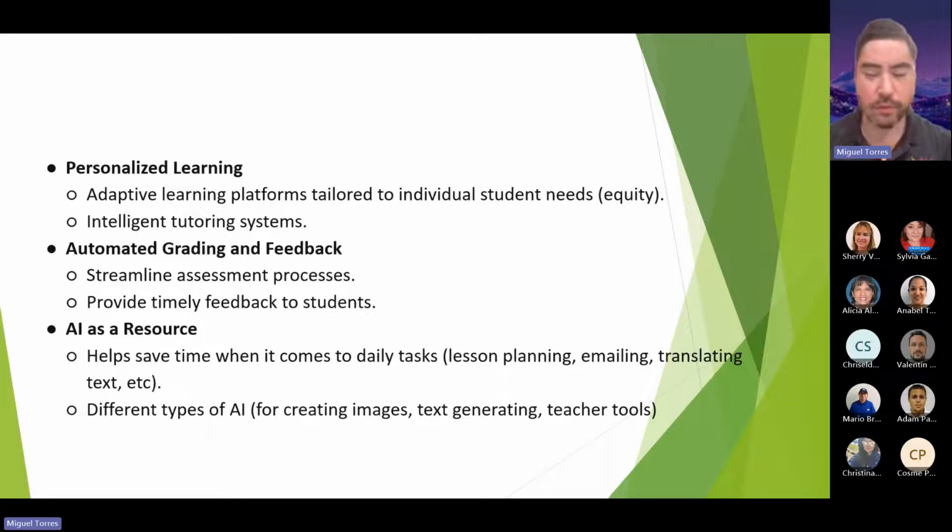And it's also there to give you information and ideas for lesson planning and so forth. So you don't have to do the same thing as last year or the year before, right? You don't have to print out the same papers. You don't have to do the same thing. It gives timely feedback to the students. They'll get to know exactly what they got right and what they got wrong, depending on the settings you want to put it on. And it's a resource. It helps you save time, like I said, with lesson planning.